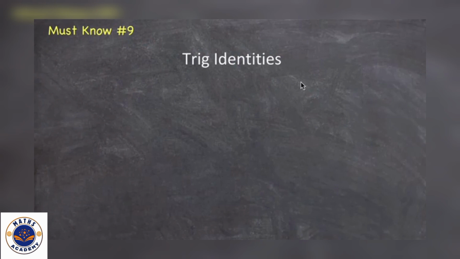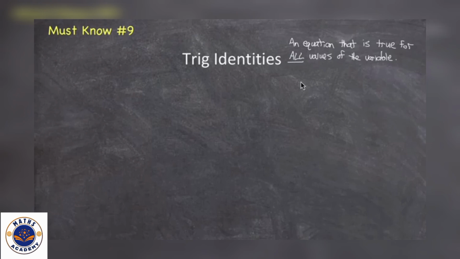Must know number 9, trig identities. First of all, what is a trig identity? A trig identity is an equation that is true for all values of the variable. And there are 3 fundamental identities that you should be familiar with: the reciprocal identities, the quotient identities, and of